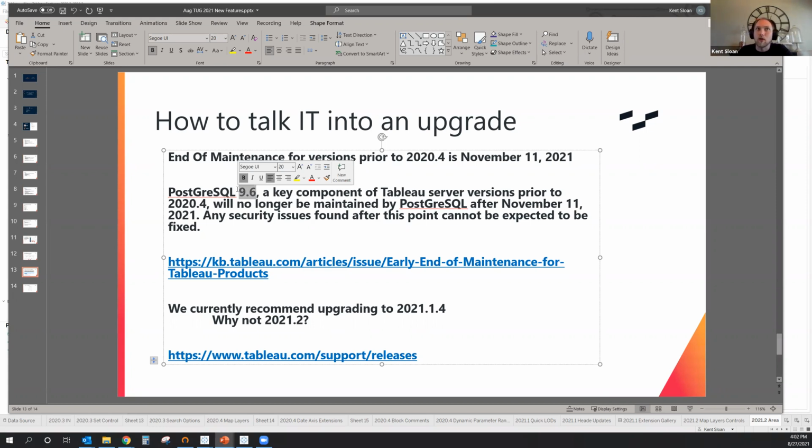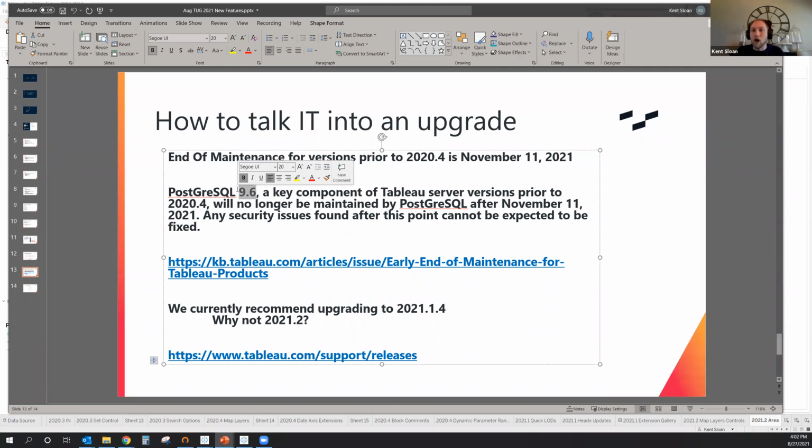So if any major security bugs or fixes or loopholes are found, Postgres is not updating that version anymore, which means Tableau cannot then promise that those versions of Tableau are being maintained from a security standpoint.